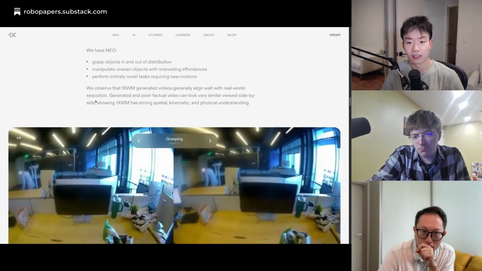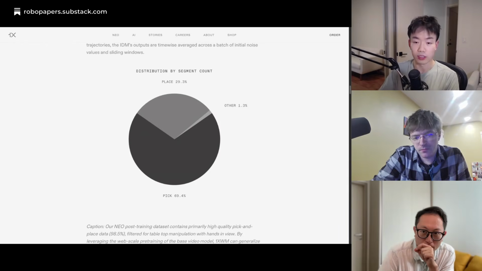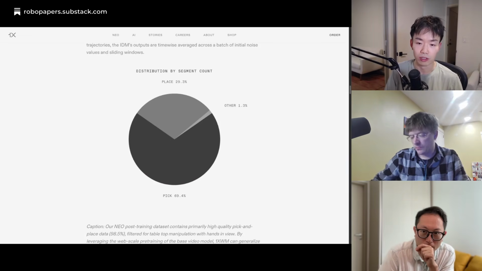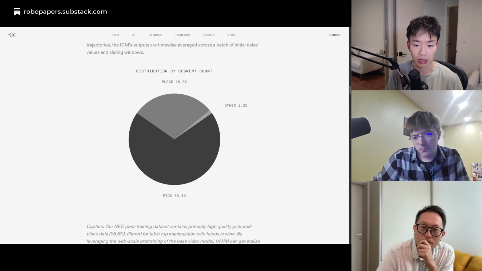If you look at our data set, it's primarily a pick and place data set. So really the question is, given a focus on pick and place, which is where you would start from robot data, can we really analyze how well we can zero shot? So we're using the robot data primarily as a shim to teach and post-train a model on robot morphology, robotic kinematics, like what are the constraints of the range of motion I have, for example, how far can I reach my hand out before it becomes unrealistic.